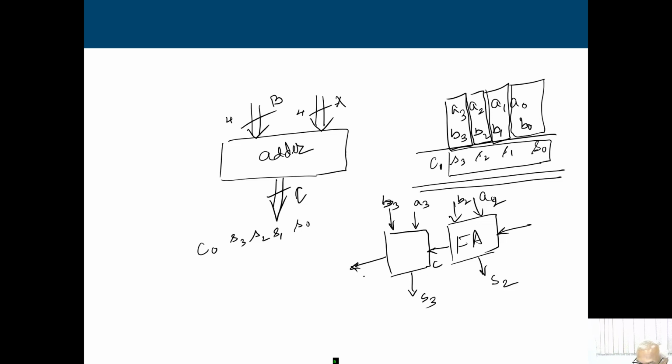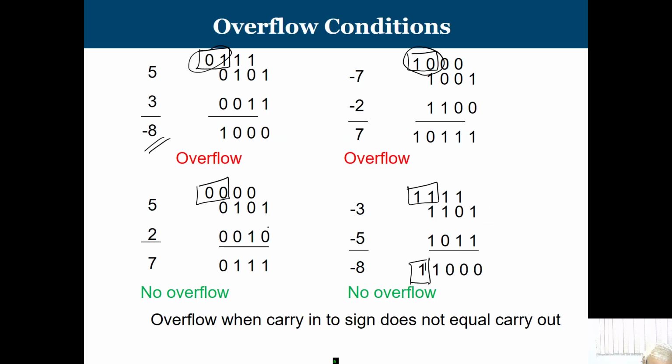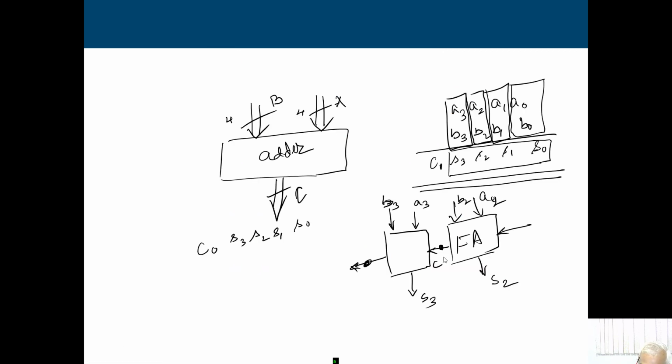Now, when I say how I am going to identify whether I am getting a correct result or not, it depends on whatever result we are getting in these two signals. This is the position that we have said. This is the carry in to the sign bit and this is the carry out of this particular sign bit. If they are the same, then we do not have any overflow. If they are different, then we are having an overflow. That means, with the help of these two signals, we can indicate whether we are getting an overflow or not.